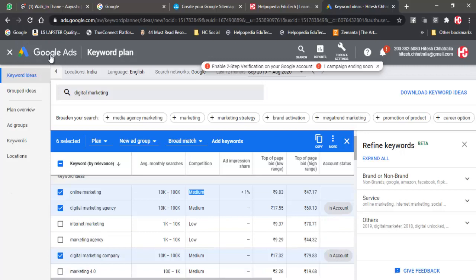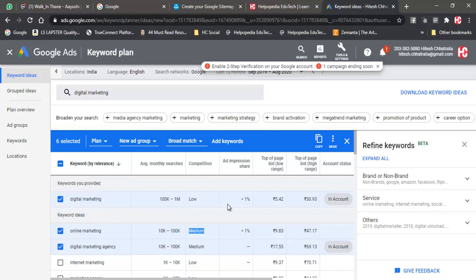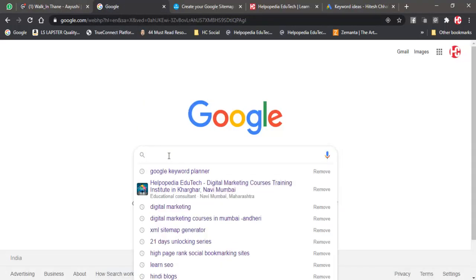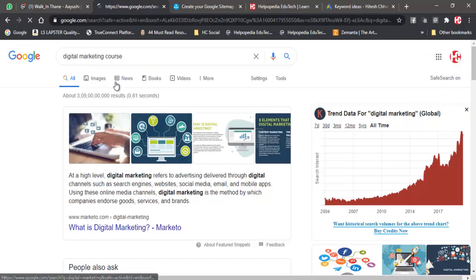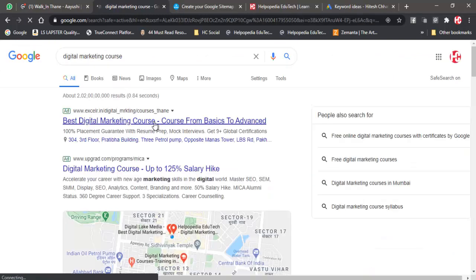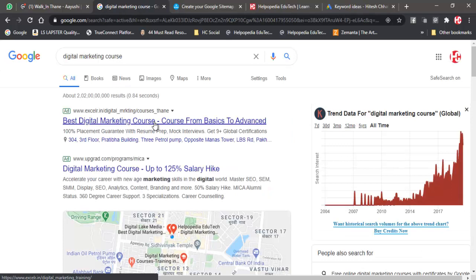Like I said in our first lecture, every keyword has a value. So over here I can say, see this digital marketing, what is the value? The value is 5.42. And in Google also, if I search for digital marketing, we saw some ads over here, digital marketing courses, and I had said that whenever people click on this, some amount will get deducted from their account.